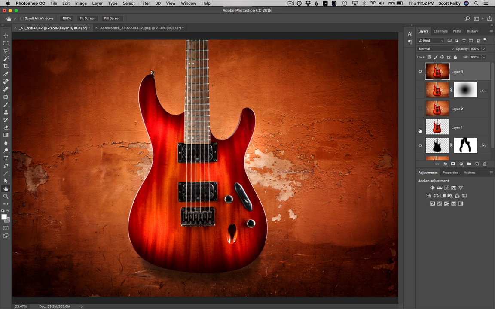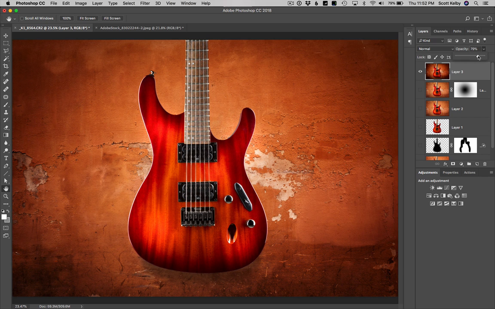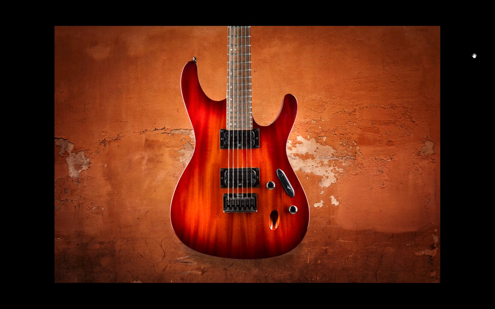We're going to hide all the other layers. So what I have on top is the finished product. If I hide it, it's the original. The nice thing we can do, since we have it all on its own layer, is lower the opacity and get a blend of the two. A little bit of the original and a little bit of the hyped up version to give us our final